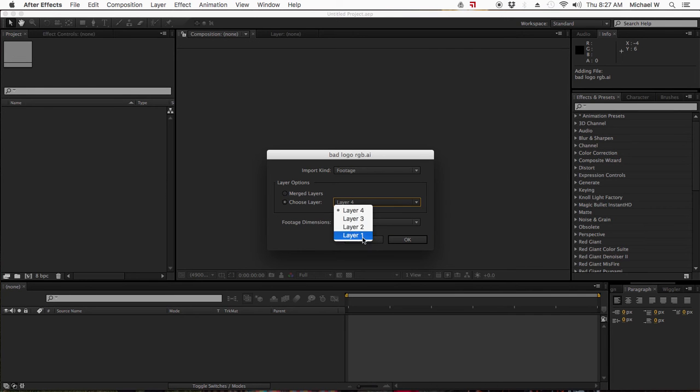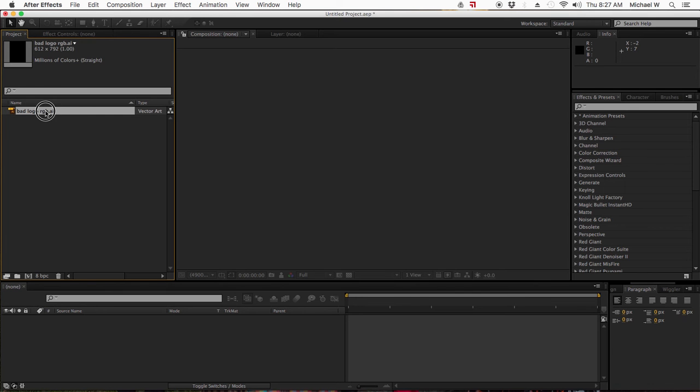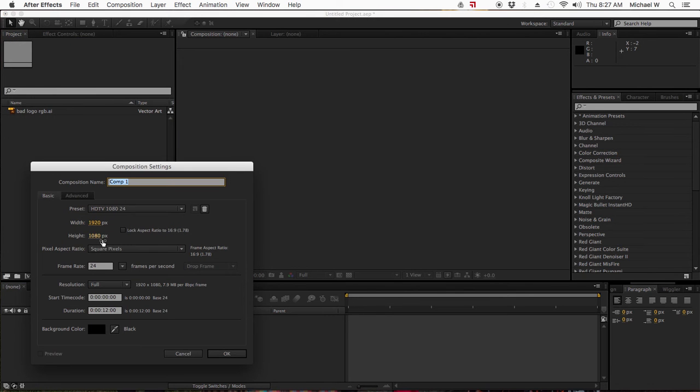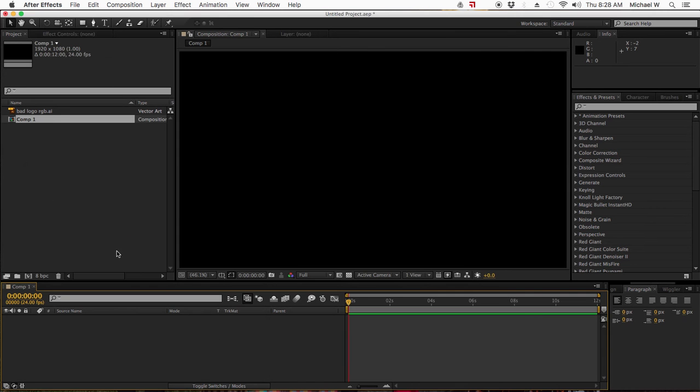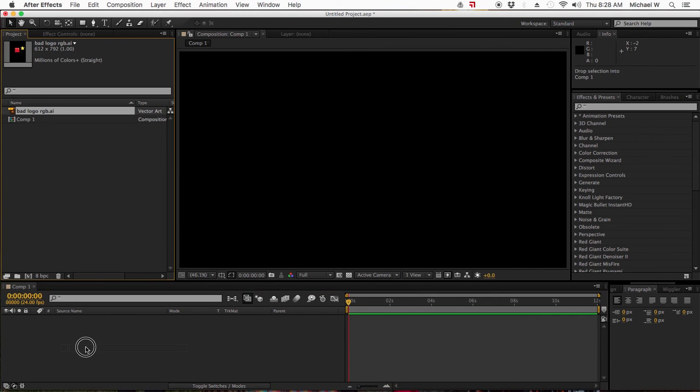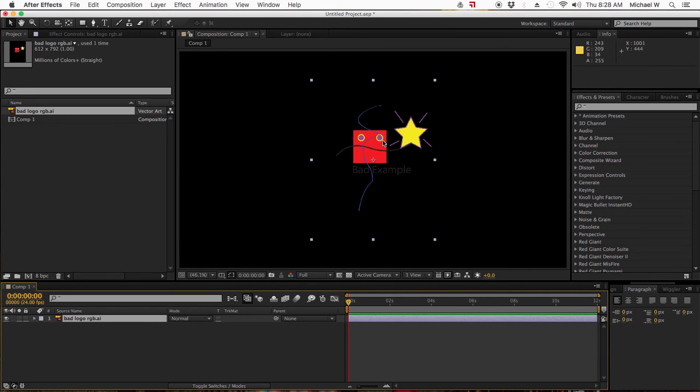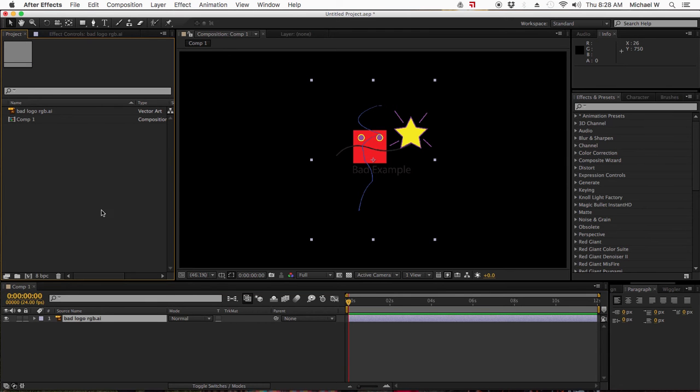You can choose a layer to bring in or merge layers. If say this was like 100 layers, it would take forever. So I'm just going to merge it and show you what's going to happen here. I'm going to make a new comp, 1920, 1080, 24. Okay, that's fine. So when I bring this in, it's all the layers as one. And you saw before, if I did it the other way, I'd have to import them 1 layer at a